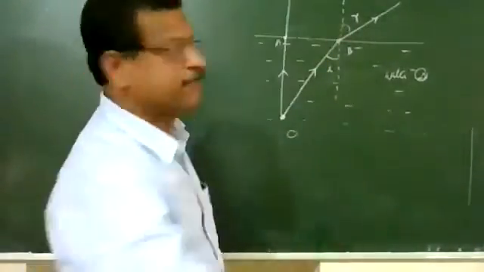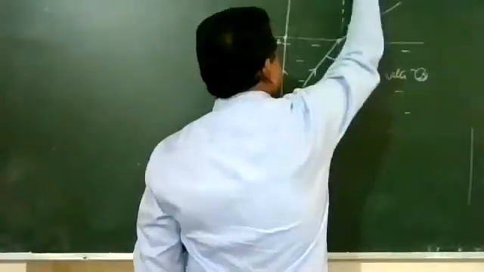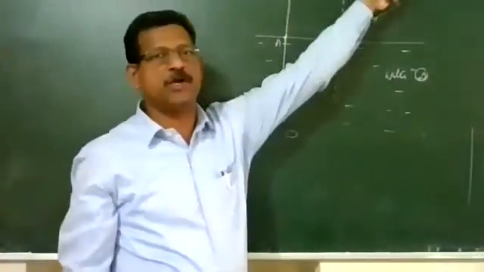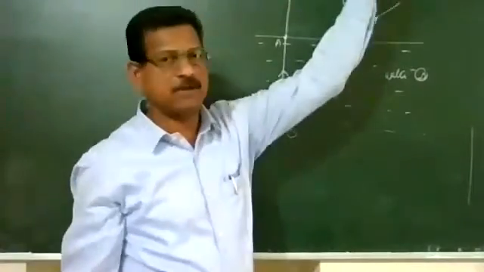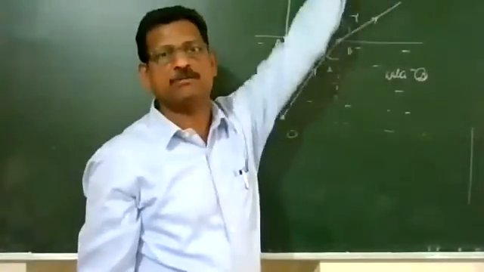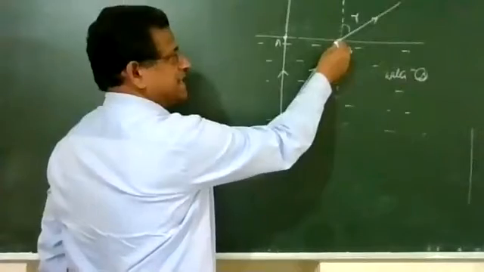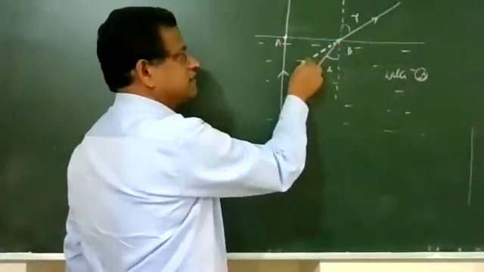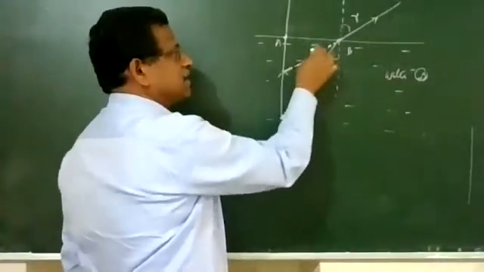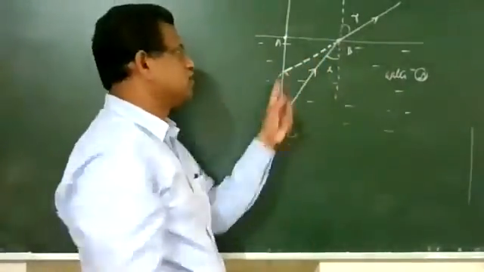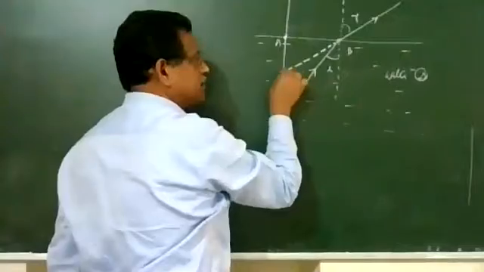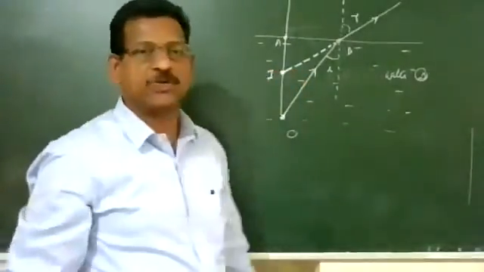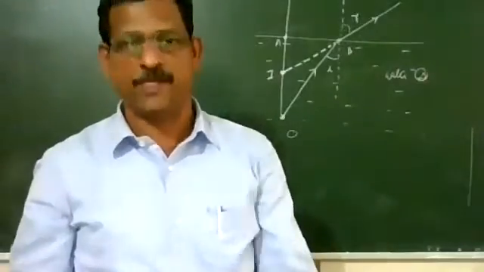So if somebody is observing from here, you can see that these two rays are not going to meet anywhere here. They are diverging. They are not meeting anywhere on the screen. They appear to come from a point. So second ray, I am making a dotted line. Second ray is extended back. So it will be meeting at this point. For an observer from here, it appears to come from a point here. That is, this one I am marking as I. So here we get a virtual image.